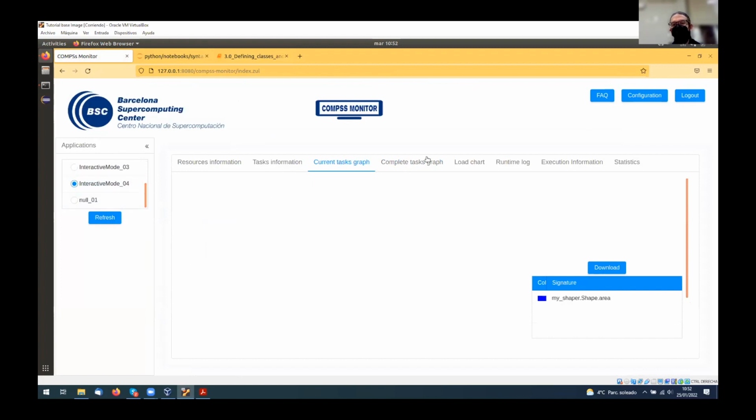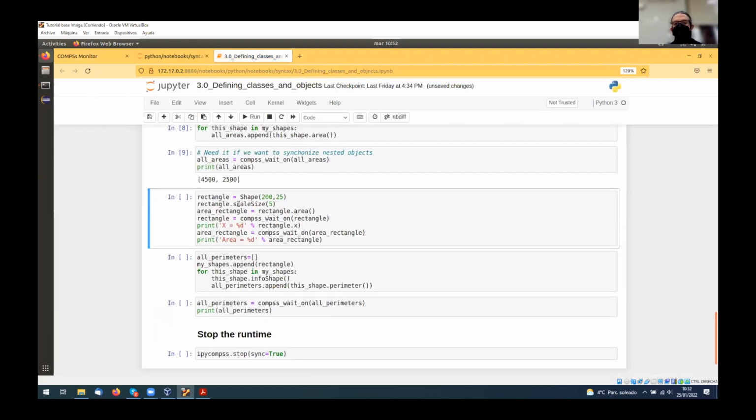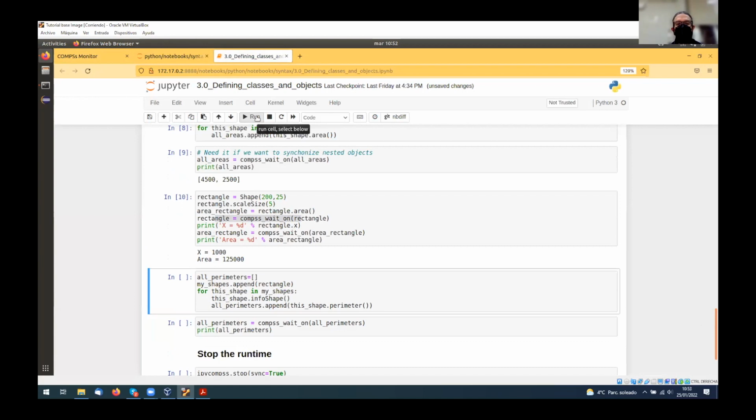No, it has executed all the tasks very, very quickly. We can create another rectangle, we can call the functions as we want, and we can retrieve the data with the comms_wait_on function directly, and maybe append something else and call the info shape